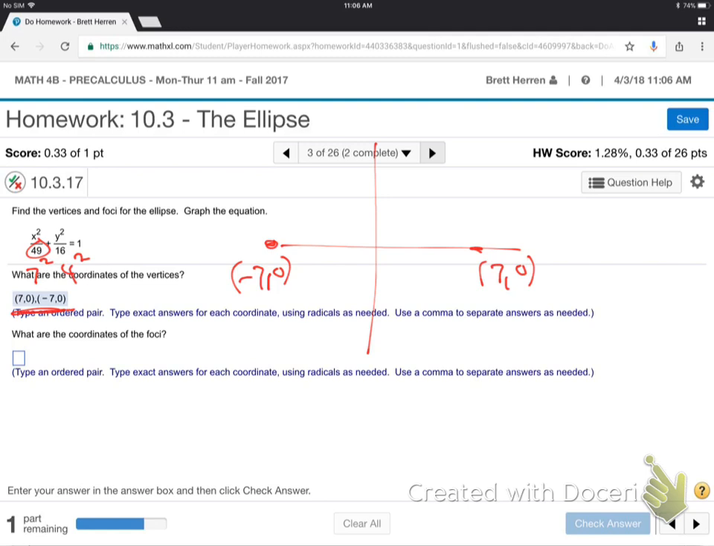And then whatever's underneath y is 4. So that means it's up 4 and down 4. So this must be (0, 4) and (0, -4). Like that. Here is the egg shape, the ellipse. Now,